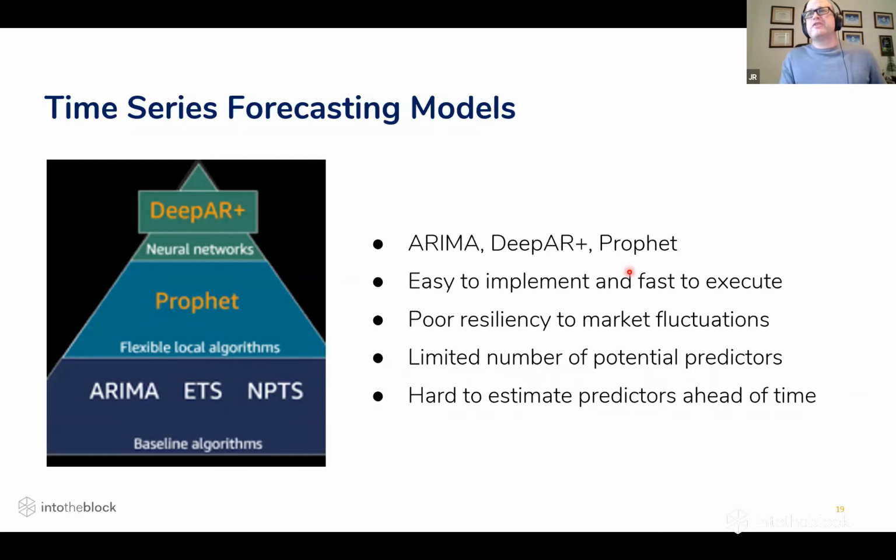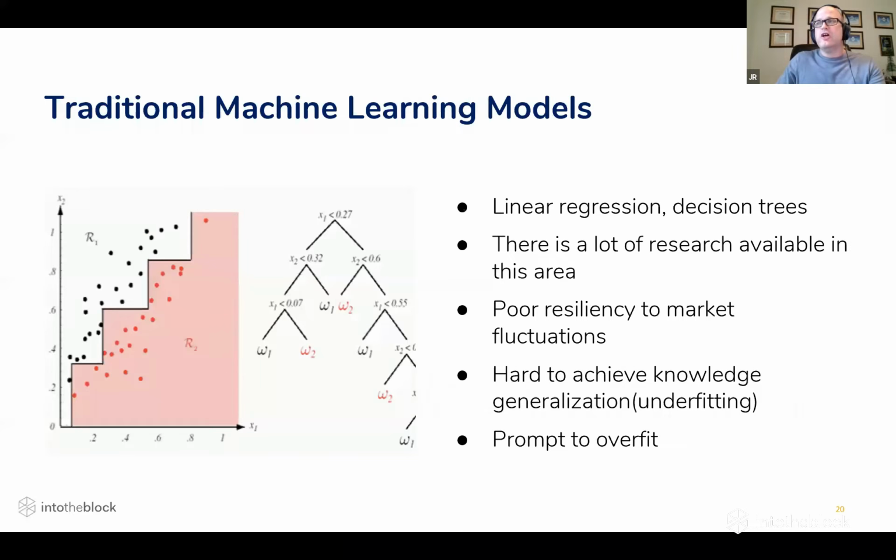And then you need to know the predictors ahead of time, right? So you need to know, I'm going to predict price with this thing, which is not always the most normal thing to do. Then when you look at traditional machine learning models, such as linear regressions or decision trees,